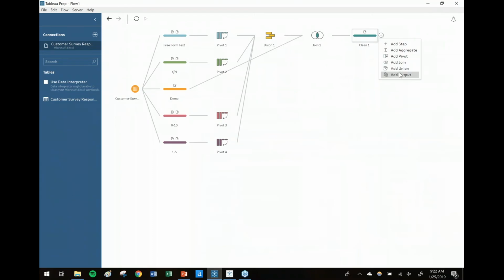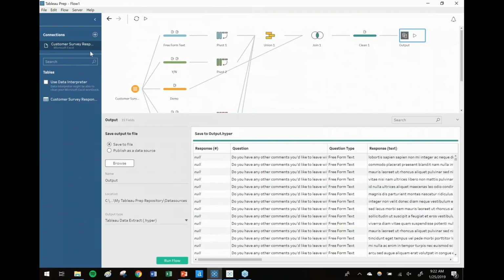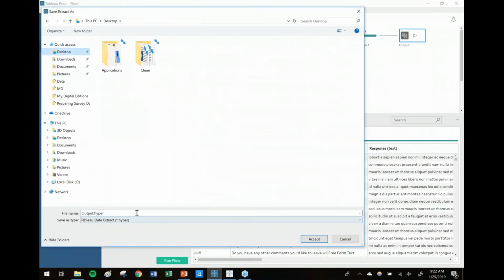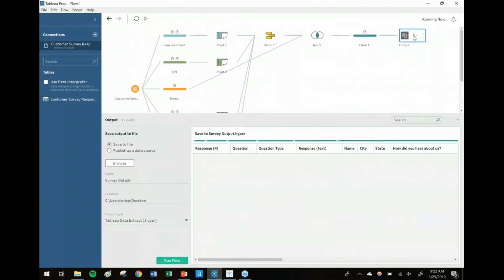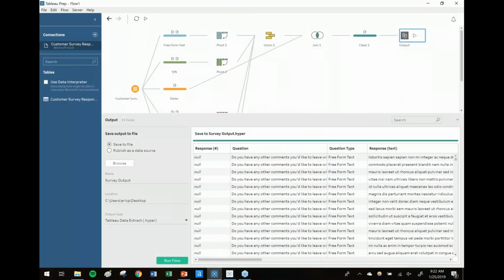Okay, so let me go ahead and output this. Quick browse here. I'll just send it to my desktop so we can knock this out quickly. Survey output, nope, survey, yeah. Okay, everything looks good. I should run my flow. So just small sample data, so shouldn't take very long. And so now what I can do